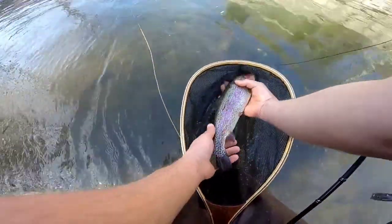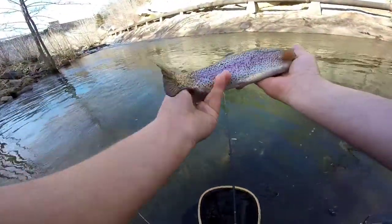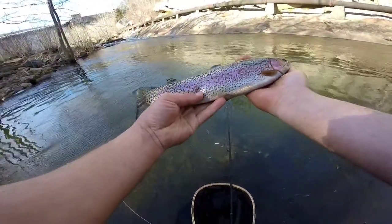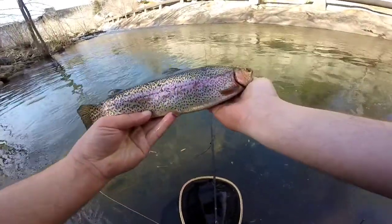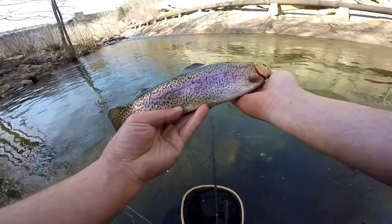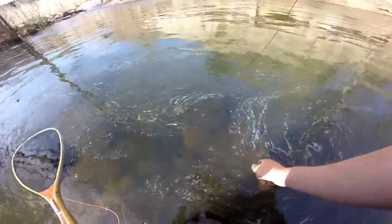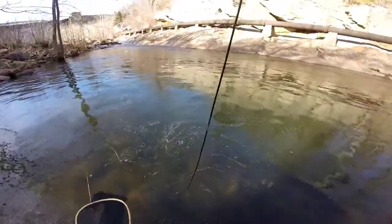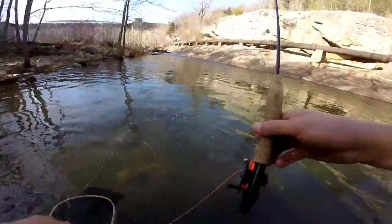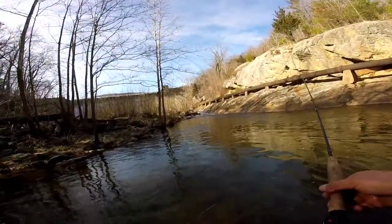Let's inspect this beauty. What a beautiful rainbow trout. All right, let's get the release in the sunlight. There it goes. Thanks for playing. I'll get better at this, I promise. I know that's probably B-roll footage, but